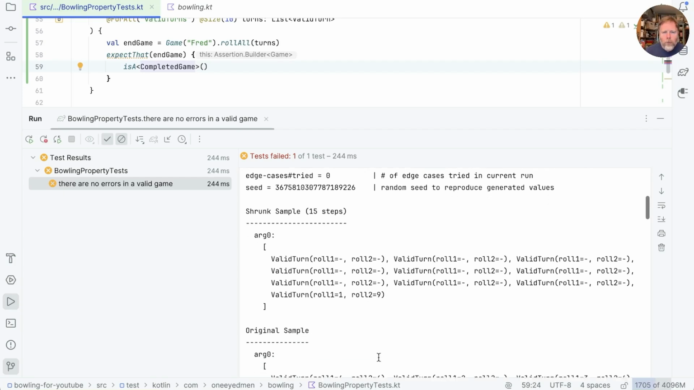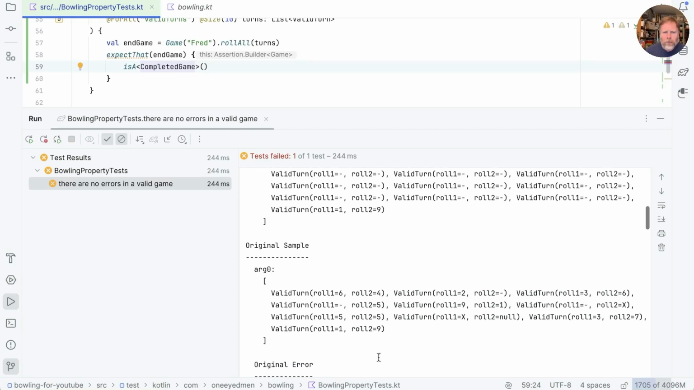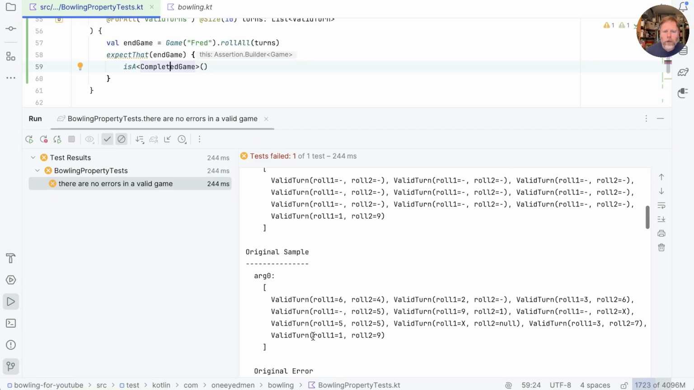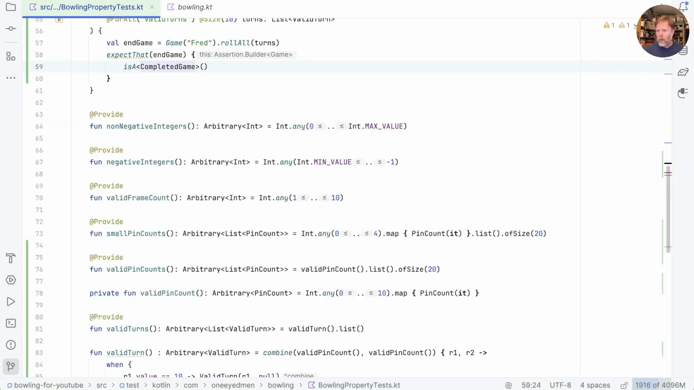If we move down, we can see that actually it failed the first time it tried, and that had a 1 and a 9 there as well. And jqwik has then worked its way back to work out that actually none of these things mattered at all. The only thing that matters is that we rolled a 1 and a 9 in the final frame. And that's a problem because that's not a valid turn in the final frame because we rolled a spare and should have had an extra turn. Aha! So we've got some work to do for the final frame,